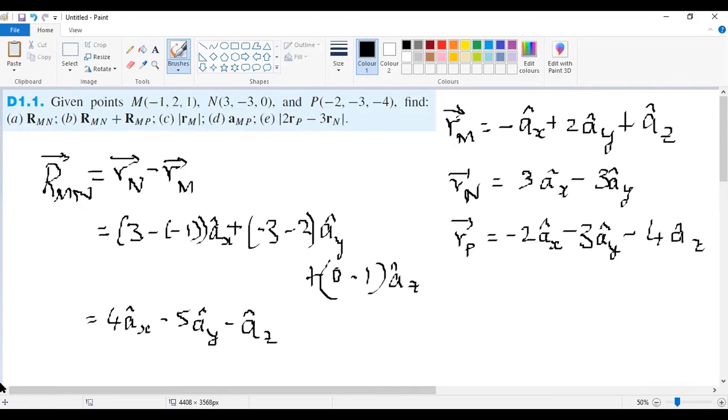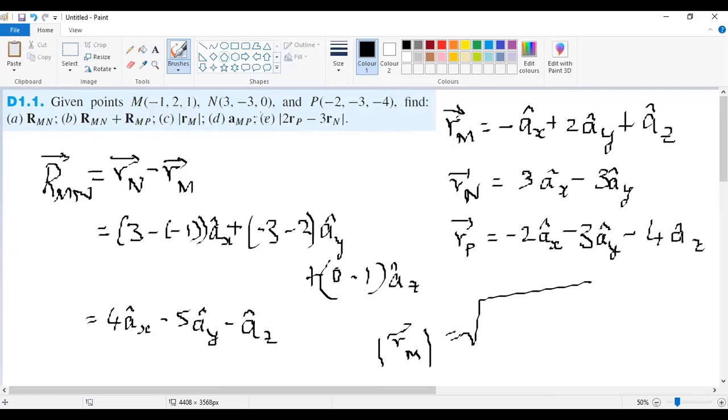Then the next part you have is the magnitude of the particular vector Rm. Magnitude of Rm. So you know this Rm here, right? So you can find the magnitude of that. What is the magnitude of a particular vector? Square root of the sum of squares of the respective x, y, and z components, right? Here I can write it like magnitude of Rm is equal to the square root of minus 1 square plus 2 square plus 1 square, right? So you can do it that way.